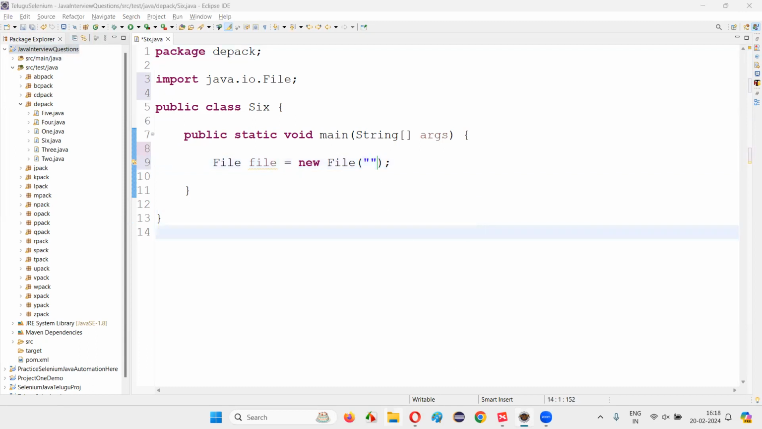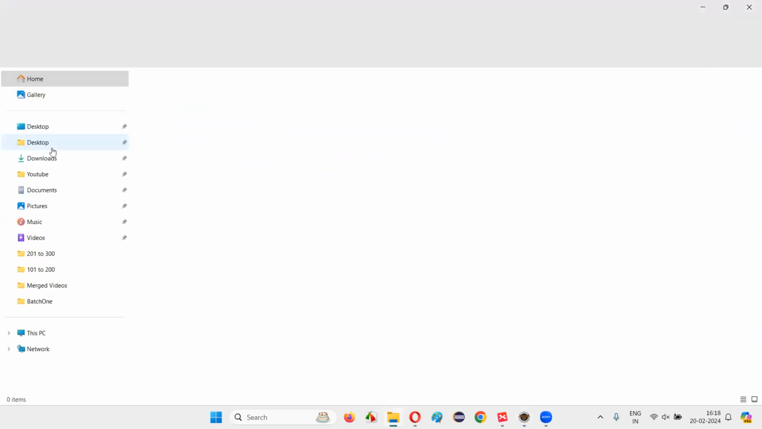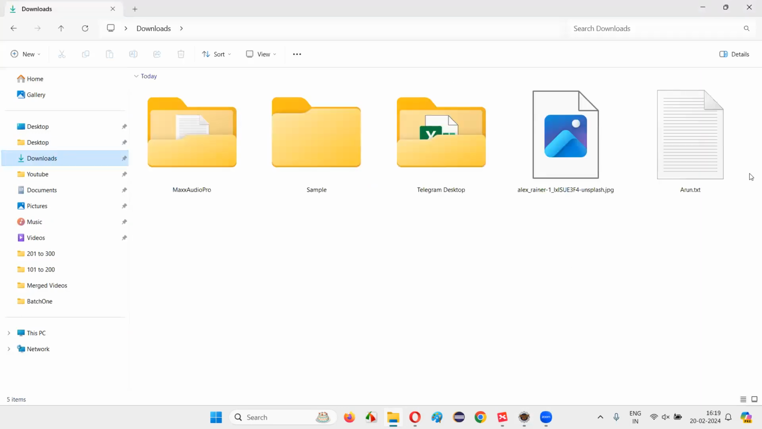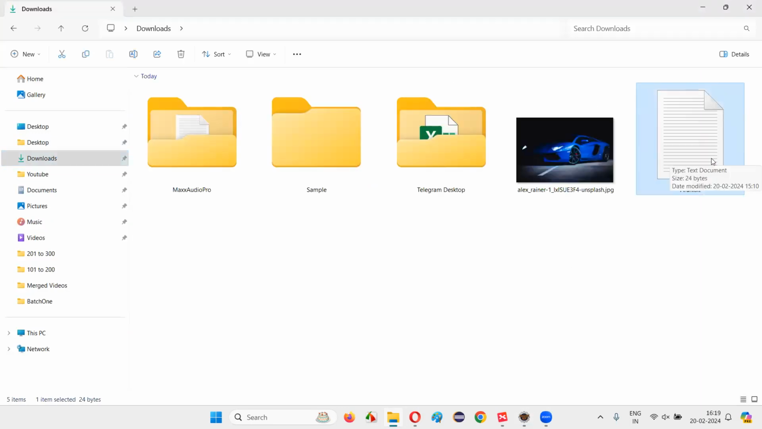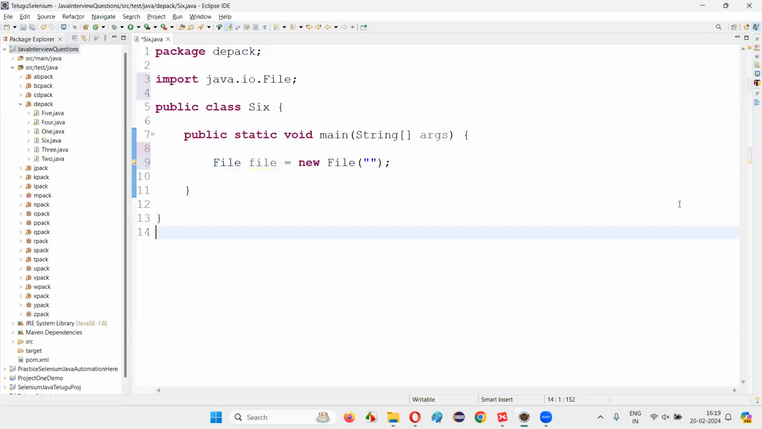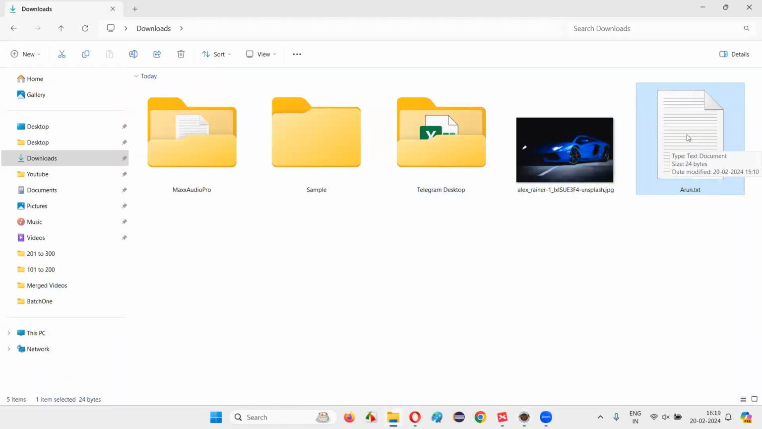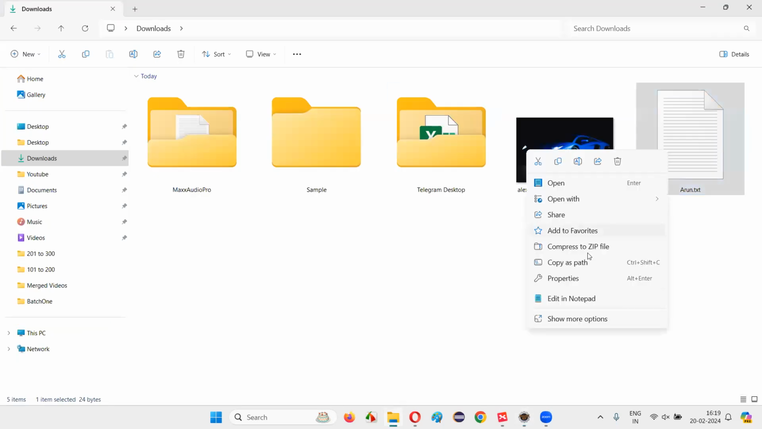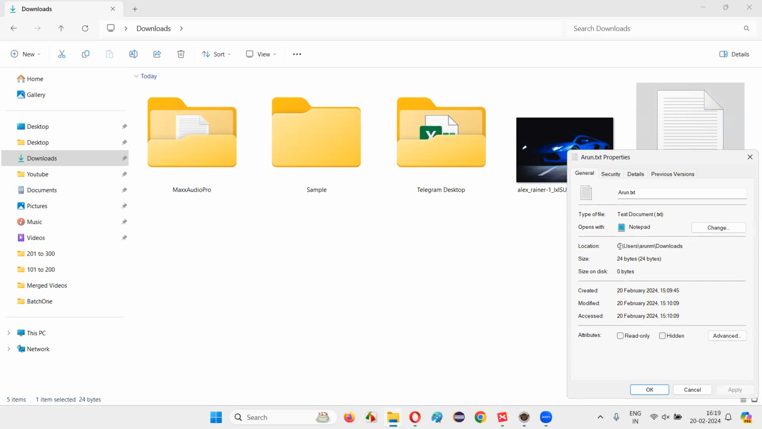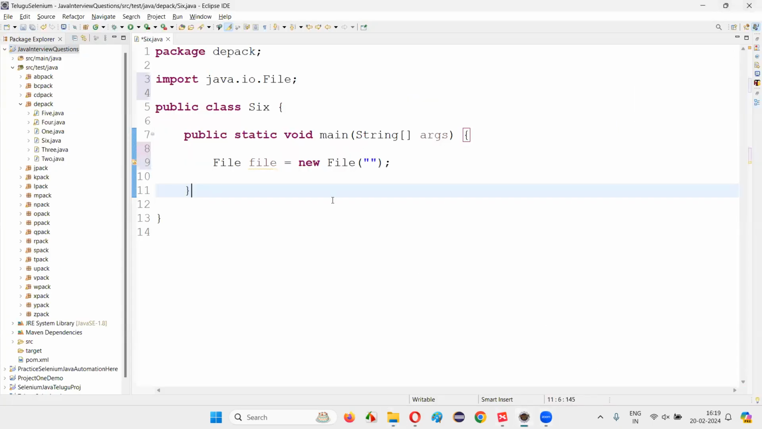So here in my machine, I'll take you to one location where you can find one file. For example, arun.txt file. Arun.txt is a file which is there in the Downloads folder. I would like to represent this particular file in this program. So for that, I need to give the full path of this file, guys. Since this particular file is not there in the project and it's outside the project, I have to select Properties. And here I need to copy the path of this file, copy this path and come back here and